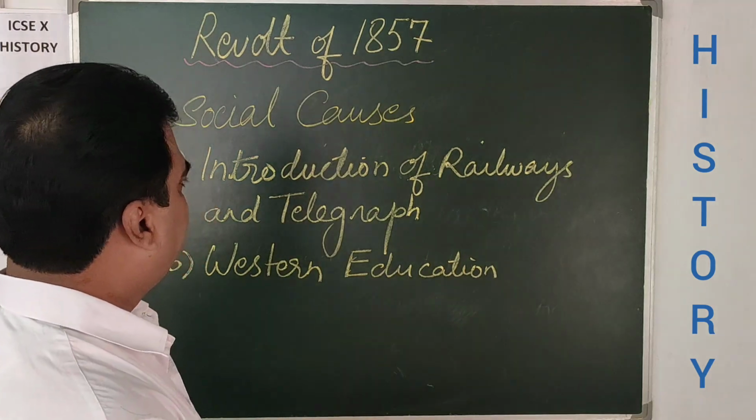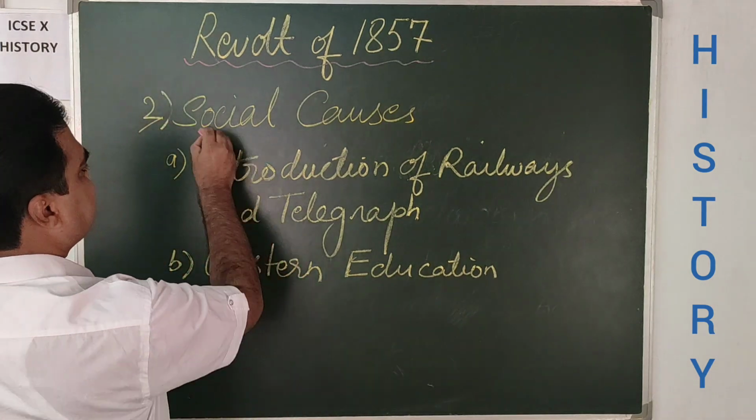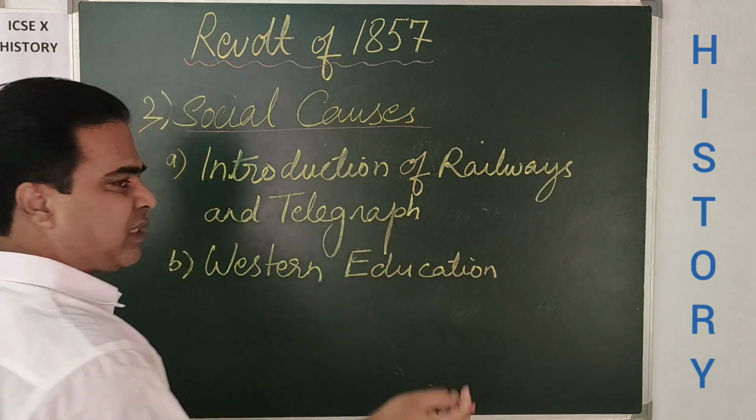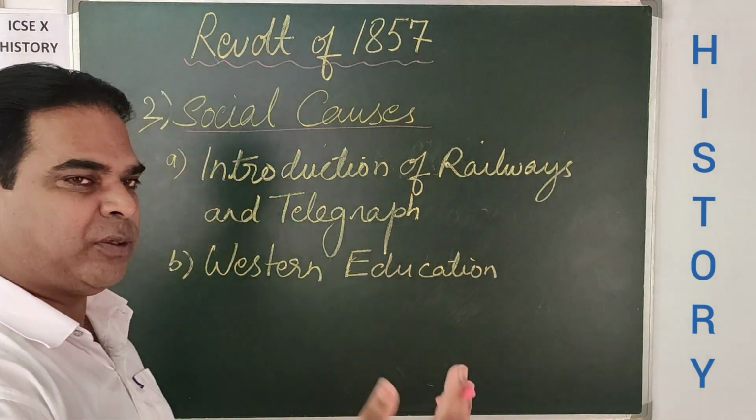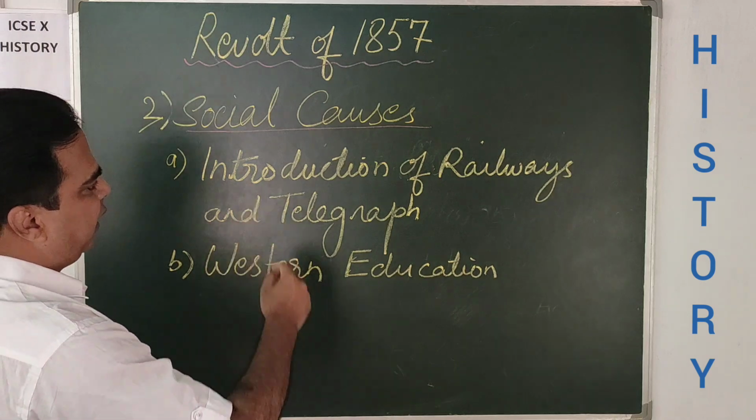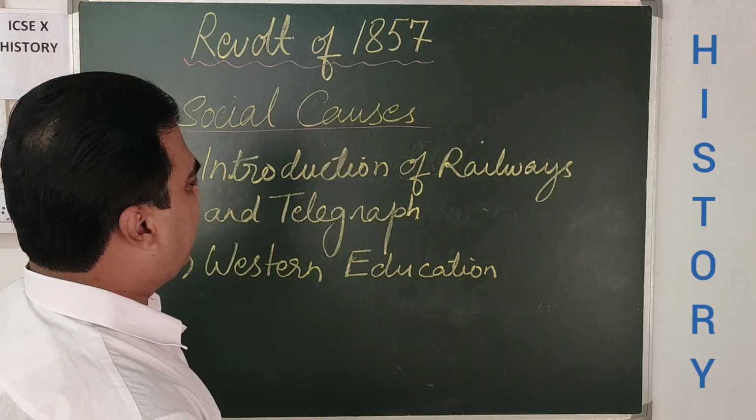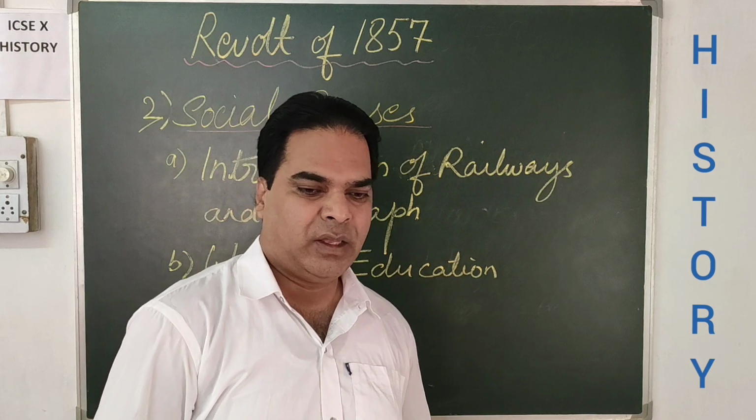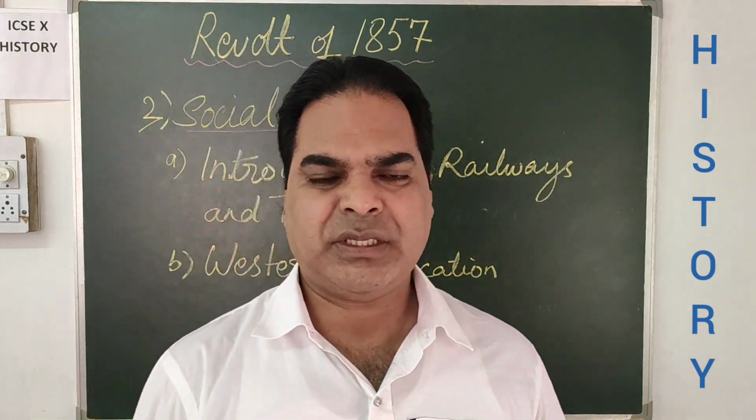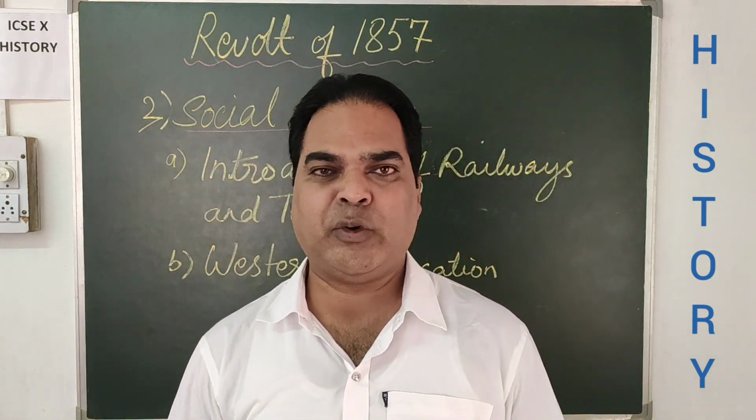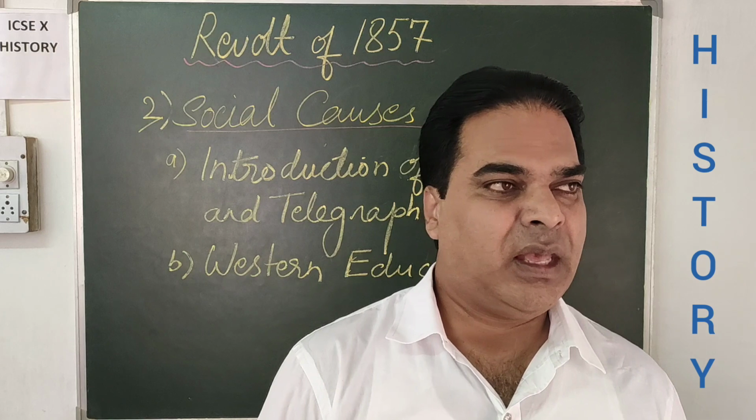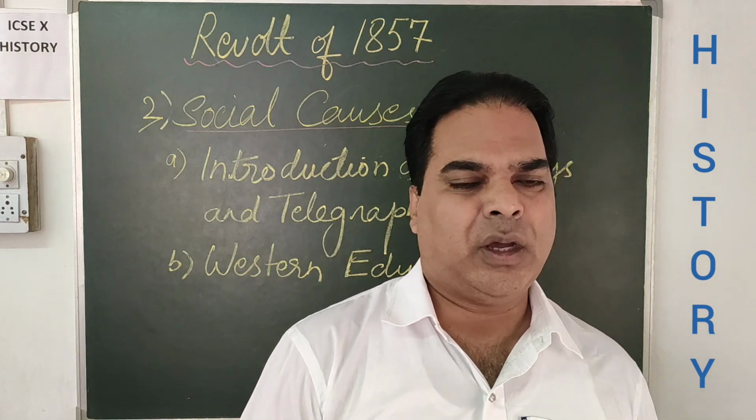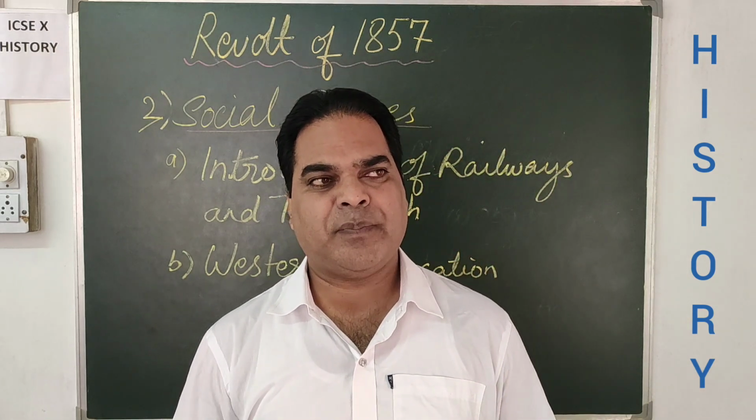So the next one is social causes, which will be taken together, religious and social causes, or social religious causes. So in the social causes, introduction of railways and telegraph. The Britishers, when they came to our country, their main motive was to expand the territories, and they wanted to connect to the interior part of the country, and they even wanted to make a communication system